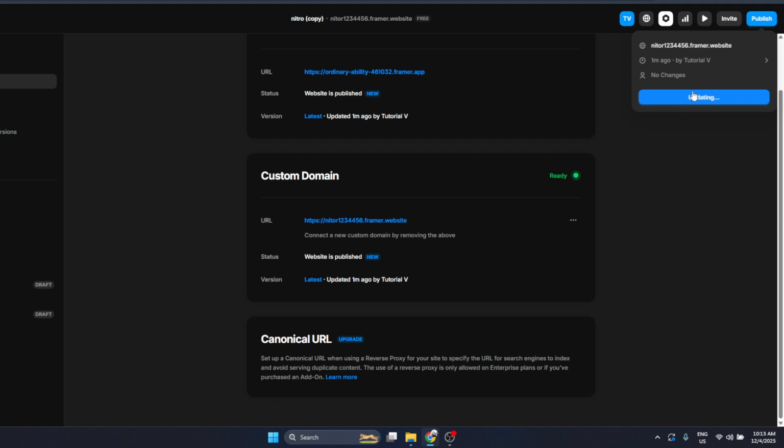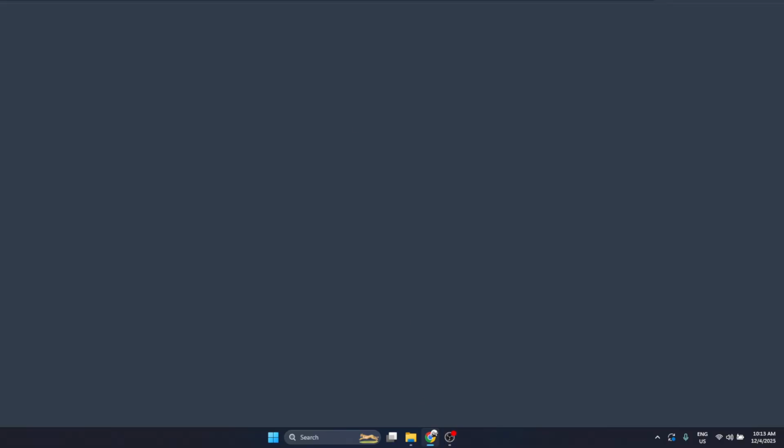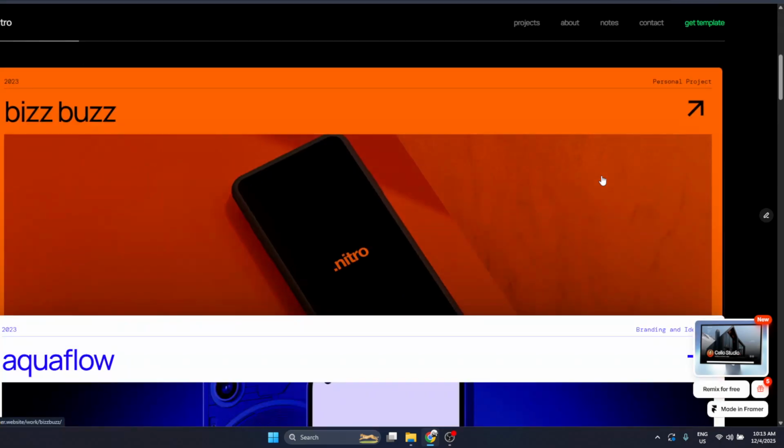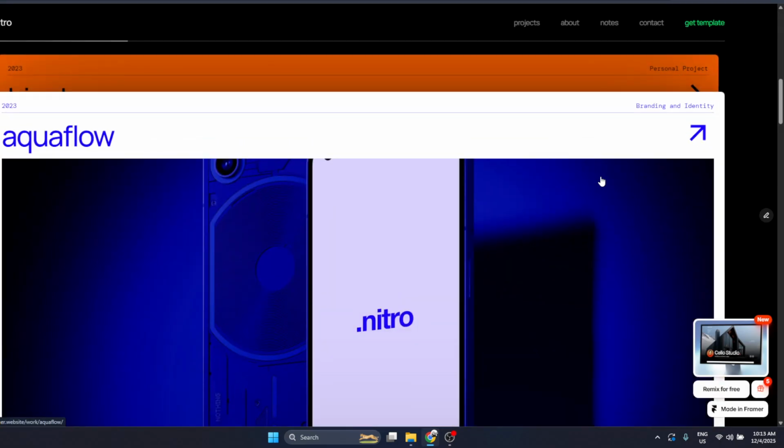Once you've typed in the domain, the next step is to verify that it's available and can be connected. To do that, look for the check button next to or below the domain field and click on it. Framer will quickly run a check to see if the domain is valid and can be used with your project. If everything looks good, you'll see confirmation and be able to proceed with publishing. If there's an issue, Framer will let you know so you can adjust